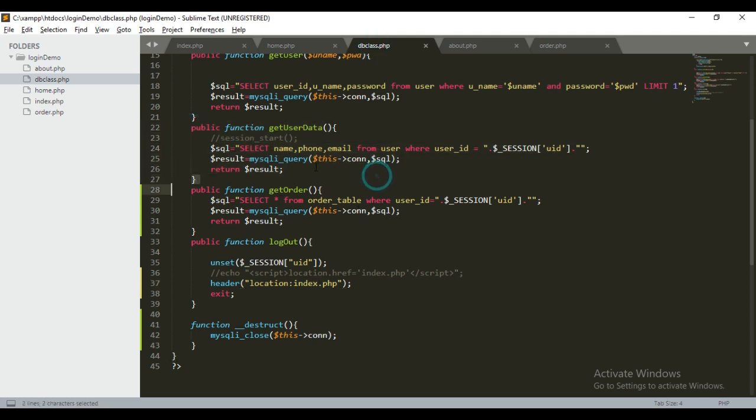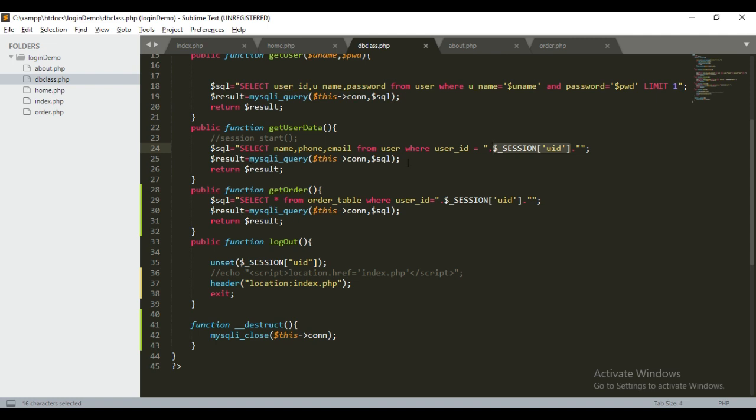The get user data function queries, executes the query and returns a result to the calling function. What is the query here? Select name, phone, email from user, where user id is equal to $_SESSION user id. Our global session id is stored in this, so we can access the user data by this id.